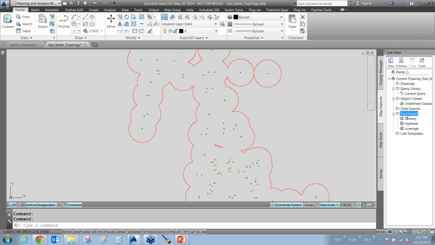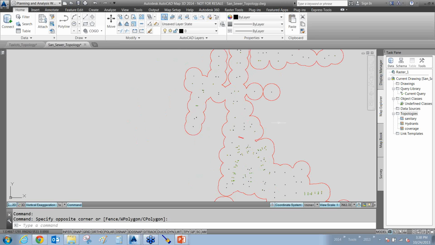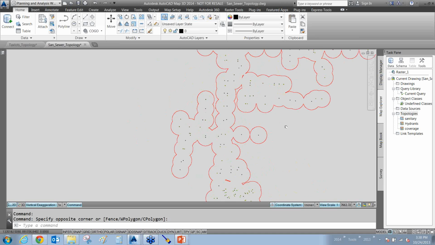Now for those of you who might be thinking of the sprinkler head scenario, you might be thinking, well, yeah, but I've got Eagle Point. Well, yeah, you don't need it right now. Now all I need is just AutoCAD Map, create a topology, find out where the coverage is, Bob's your uncle, and you're all done. Now, aside from discussing my genealogy,